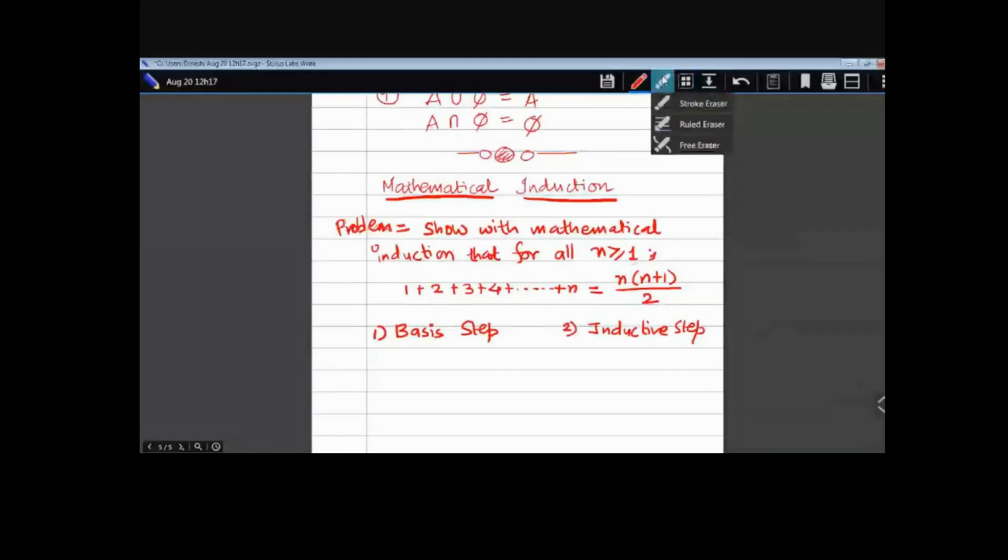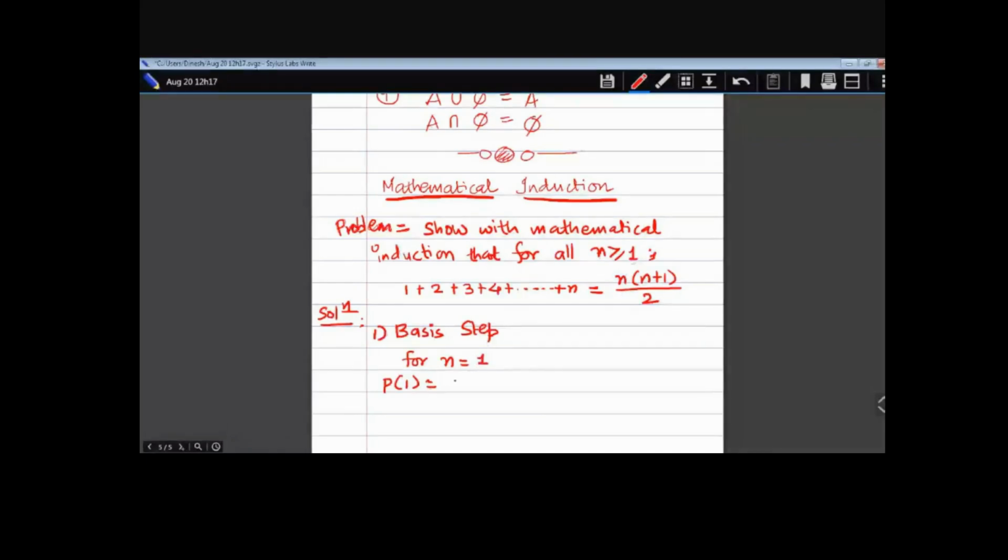So I will clear this. How do you write? You write it like this. Okay, I have written. Let's say the solution. What is the basis step? For n is equal to, what is the basis value? 1. For n is equal to 1, let's say P of 1 is equal to, what is the value? n is equal to 1.